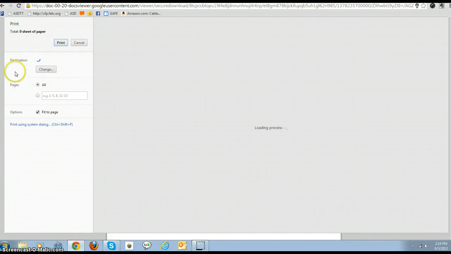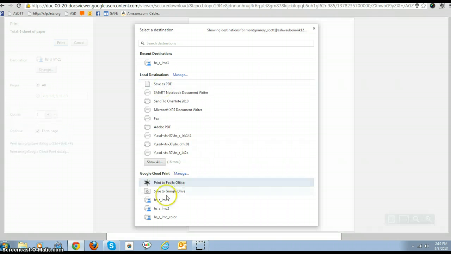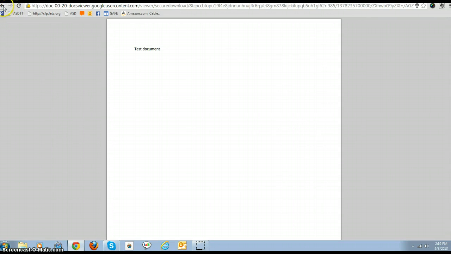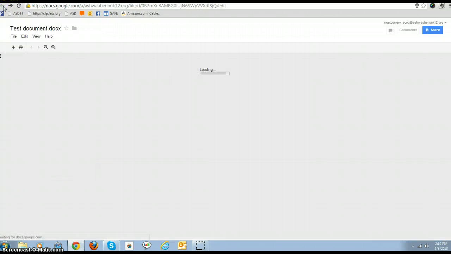And right now it's just looking for its destination. Let it catch up here. I can pick LMC1 and I can hit Print, and there I'm able to print any type of file type. Again, it doesn't matter. It can be a Word document, it can be a Pages document, it can be anything,